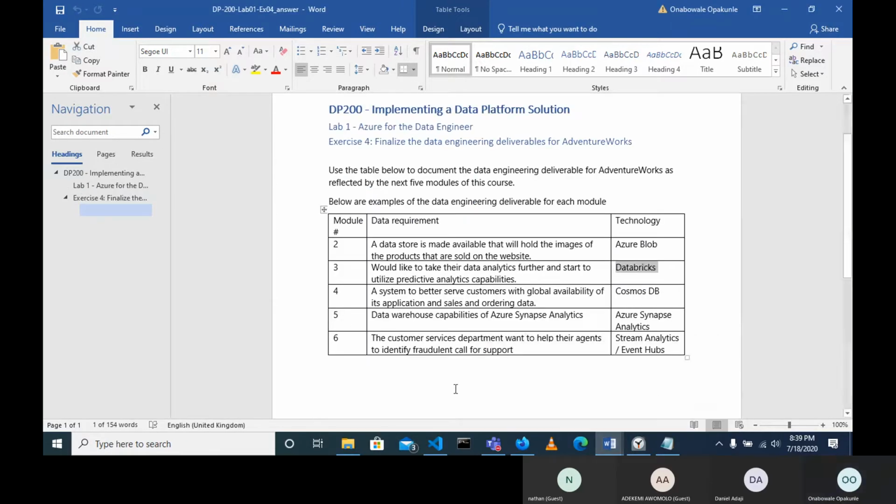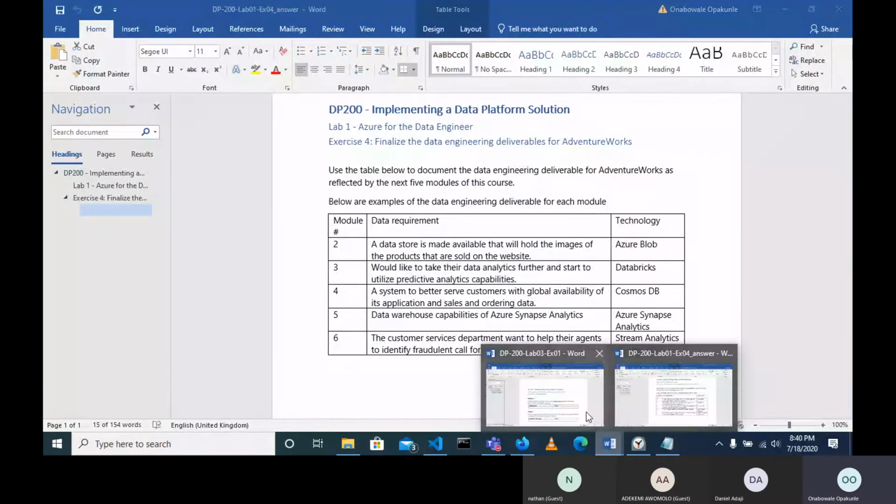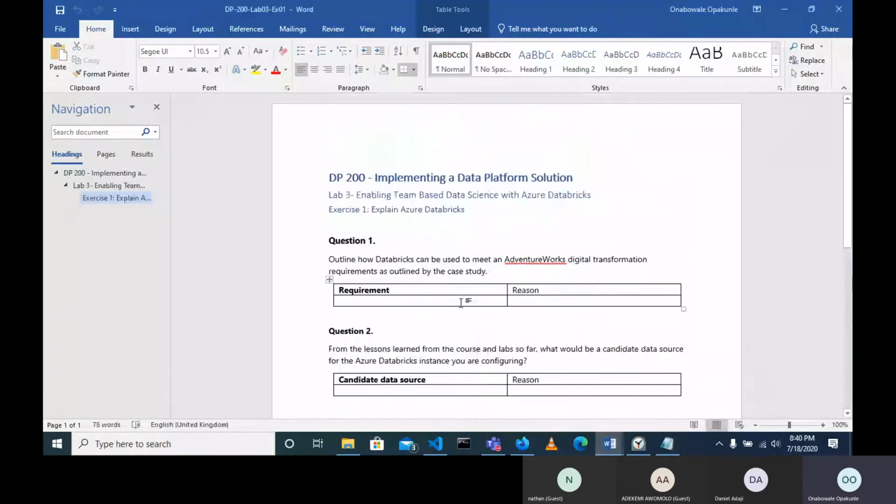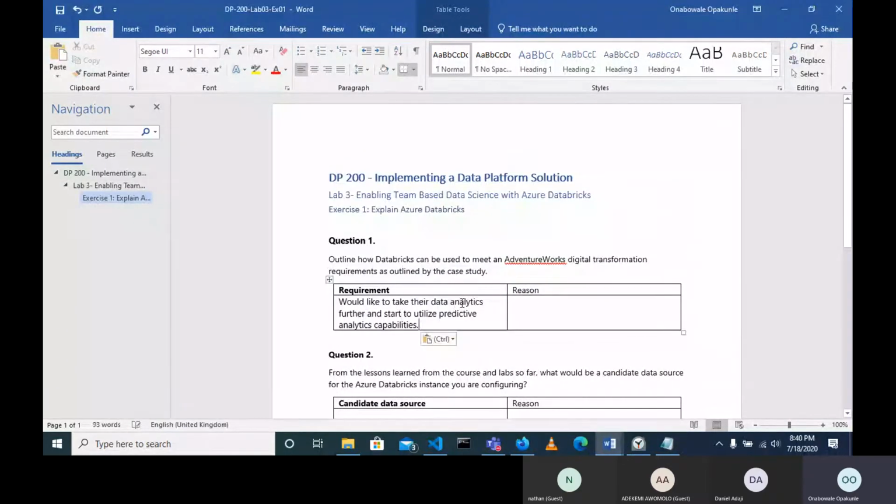Kemi, we have identified the requirement here, which is predictive analytic capabilities. What do you think is the reason, hold on, how Databricks can be used? So these are the requirements, right? We already know that it's Databricks we're going to use. So why do you think